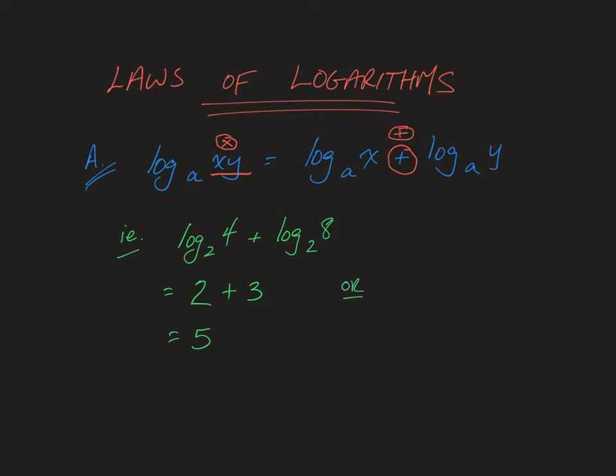The alternate way to deal with that, just to show that that law of logarithms is true, is I could take my first line and say, I see that I have addition in between my two logs, which means that I could multiply inside my log. So I'm going to take the result of this log and the result of this log, and when I multiply those together, I get my 32. And now I can evaluate that. 2 to what exponent gives me 32, and I come in on 5, and we're good. Again, we haven't proven it, but given the circumstances, that should be at least enough for us to see that